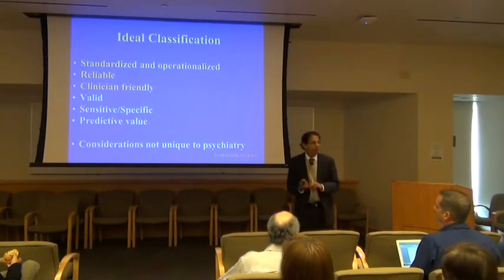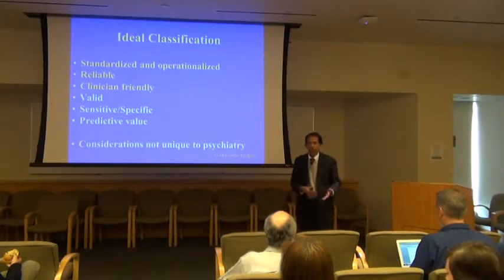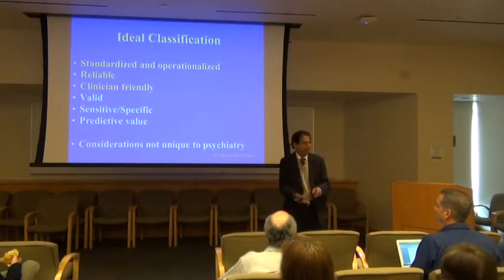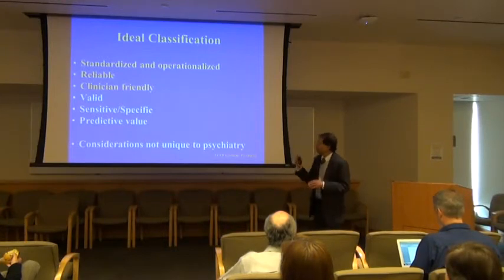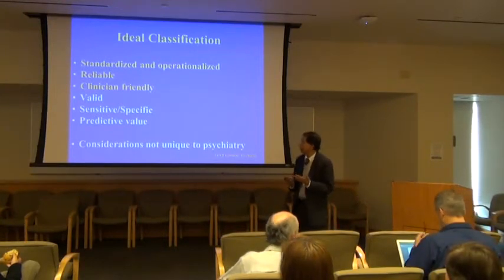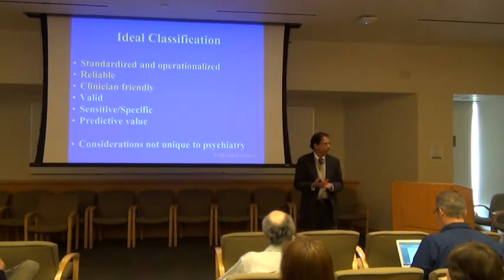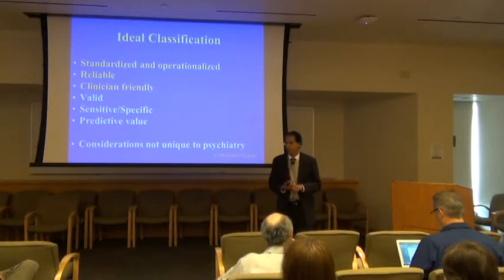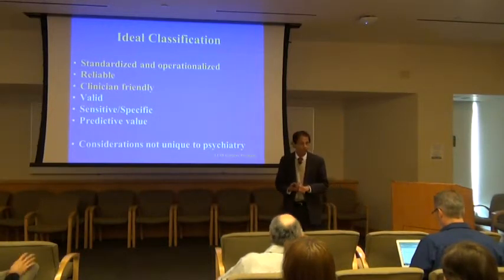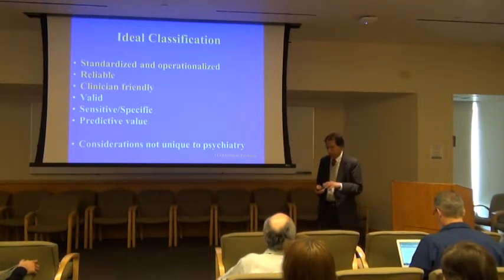Valid. The validity means that we have to prove that somebody had the diagnosis based on something else. For example, we diagnose cancer and then we can see the cancer cells in the blood, or we diagnose stroke and we can see that in the MRI. That doesn't hold true for schizophrenia, depression, bipolar. Same thing applies to how sensitive or specific the criteria are or their predictive value. At the same time, we don't need to feel too bad. We are not the only specialty. For example, migraine is a major neurological disorder, but migraine has no biomarkers. The diagnosis is clinical, and there are a bunch of other conditions where the same thing applies. Nonetheless, they apply more so to psychiatry than other conditions at this time.